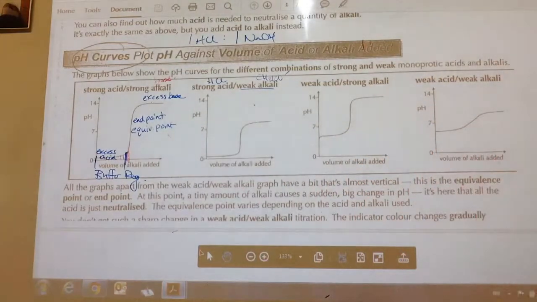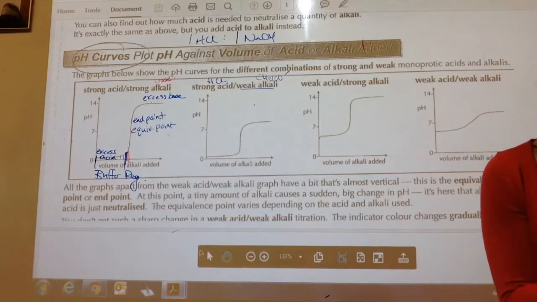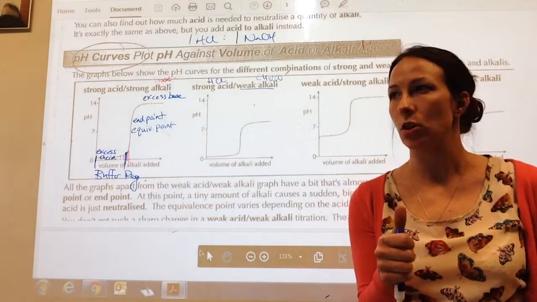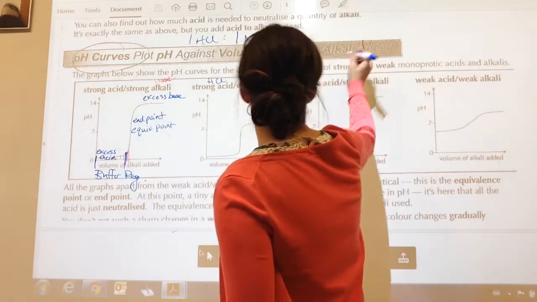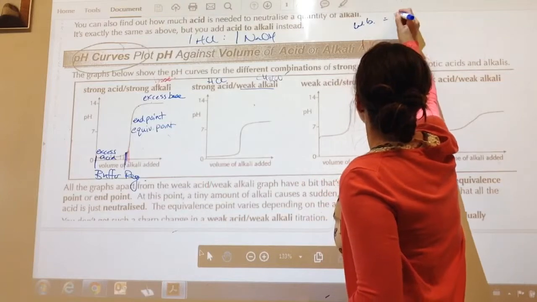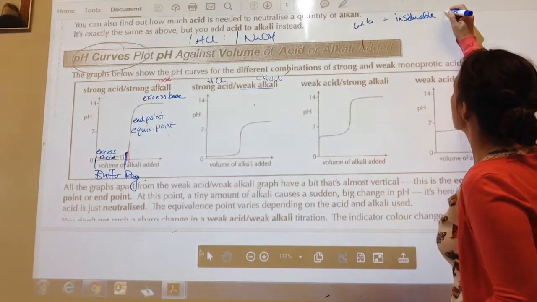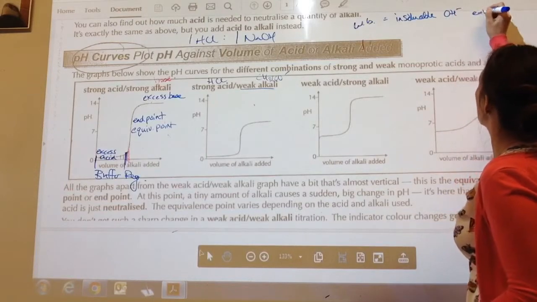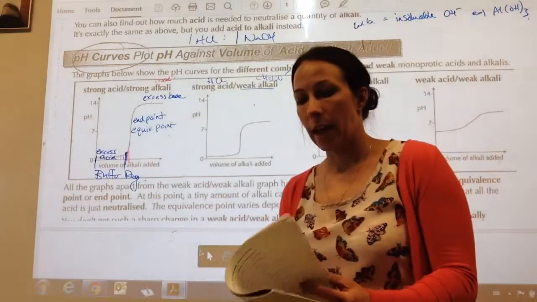There are 2 types of weak bases. One is an insoluble hydroxide. Remember that from yesterday? Aluminum hydroxide was a weak base because it's insoluble. So weak bases, in fact I'll just write here, weak base, insoluble hydroxides. Example, aluminum hydroxide. And